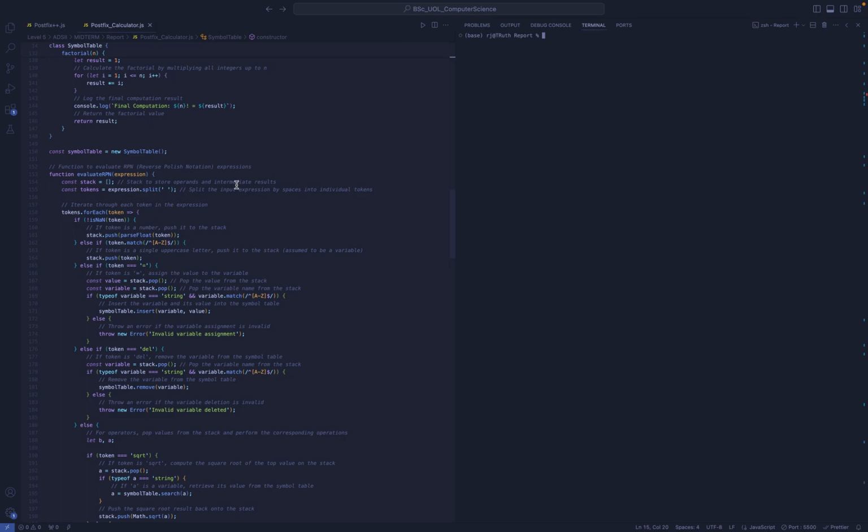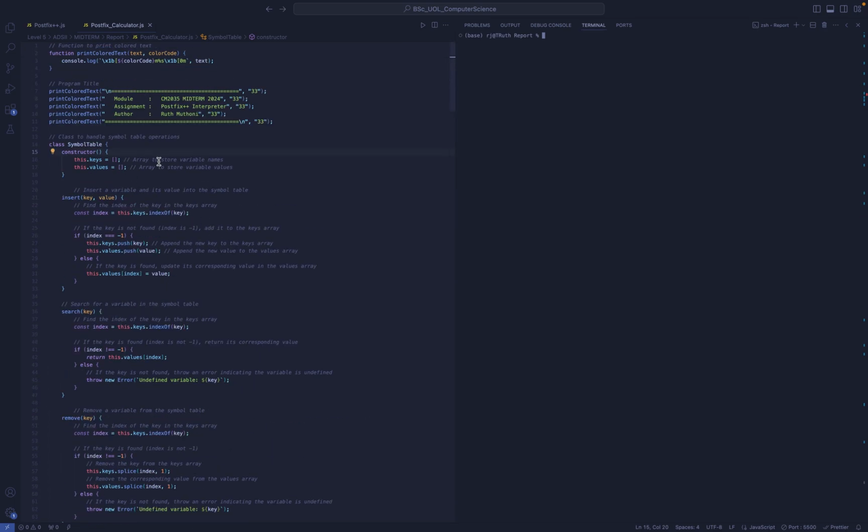So the first step is setting up a symbol table class. And you can think of this as our calculator's memory, where the variable names and their values are stored. The pseudocode in the report would outline this as initializing a symbol table with arrays to hold keys and values, as you can see here. This setup ensures that every variable we define has a corresponding place in our symbol table, allowing for efficient storage